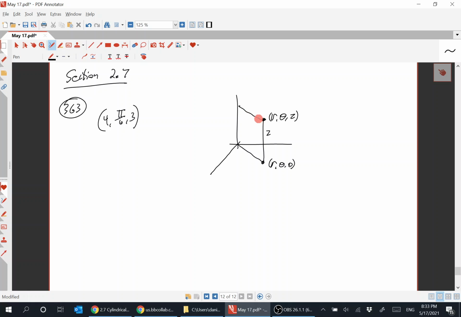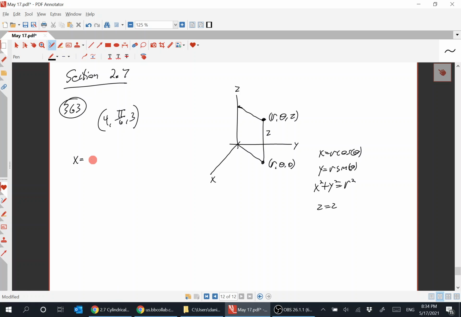So it's just polar coordinates extended to 3 dimensions along a perpendicular line, the z-axis in this case. So x is r cosine theta, y is r sine theta, same stuff as before. x squared plus y squared is r squared, and z is just z. There's no